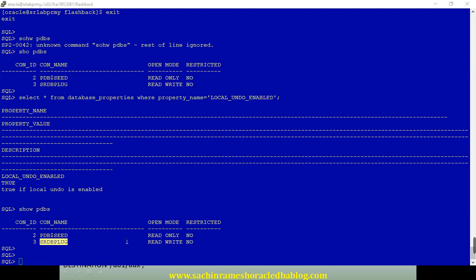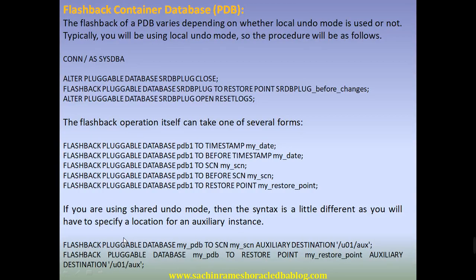I will show you the demo in my last slide. I'm giving the keywords here, how to create a restore point and how to do the flashback with that restore point.